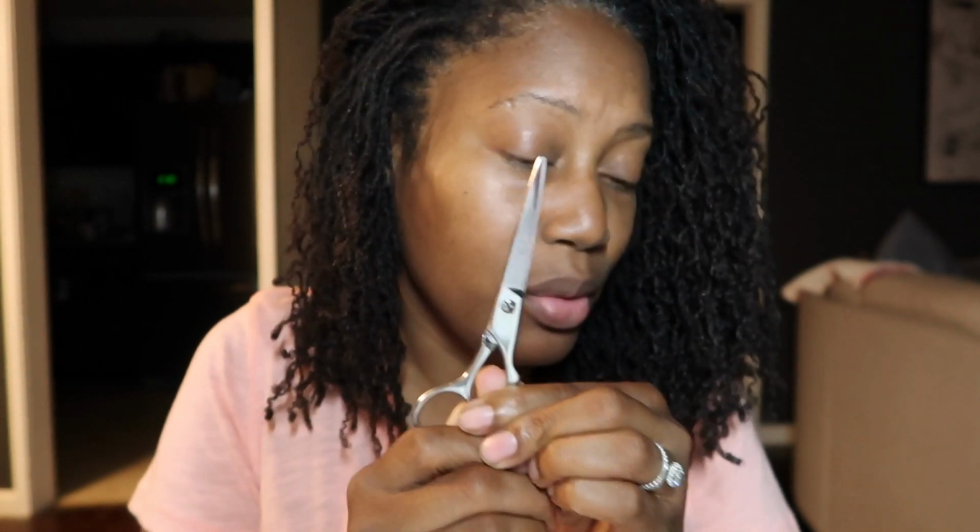Scissors in case my hair gets too tangled, and a couple of rubber bands to tie the ends off for when I do my braid out. And I have the most simple hair maintenance routine that you could possibly have. All right, so my hair attracts lint. I believe that when you have,